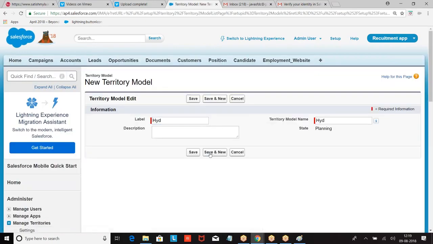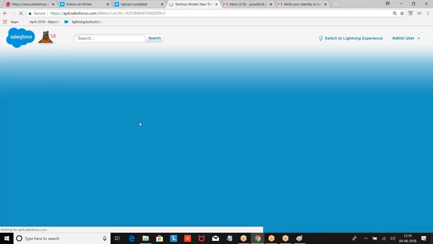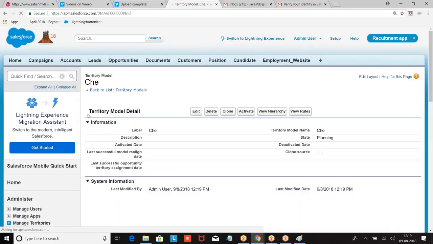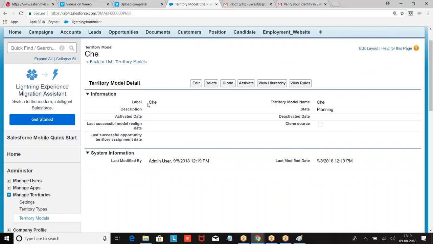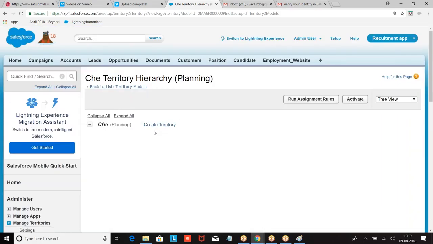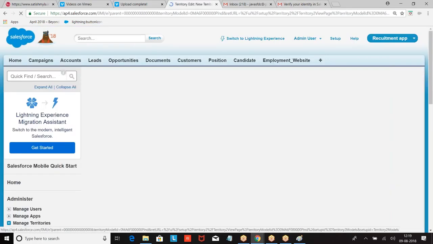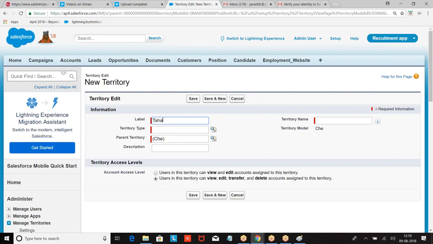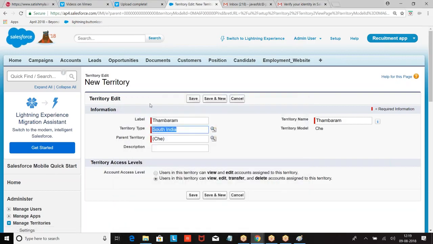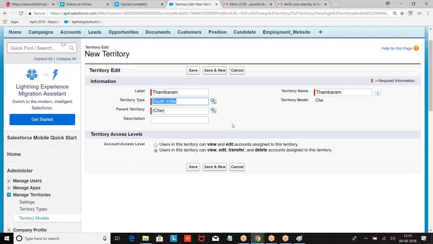Model of Hyderabad. Okay. Now we are going with Chennai, territory Chennai. What was this? View. So we want to see the territory model of Chennai. Under the Chennai I am creating Tambaram. And this belongs to which type? In the South Indian Territory we have Chennai. Under the Chennai we have Tambaram.